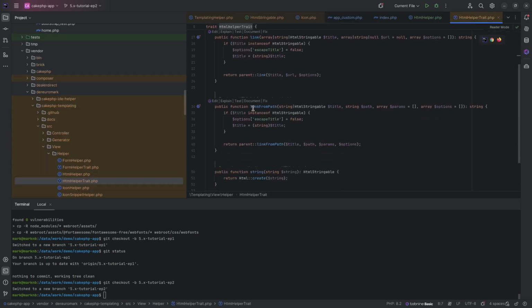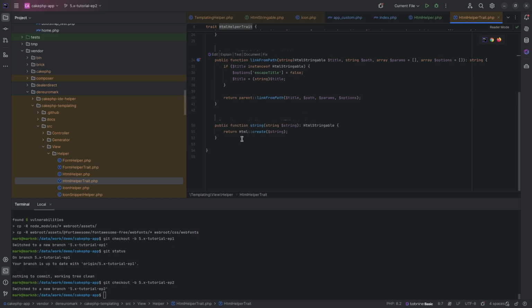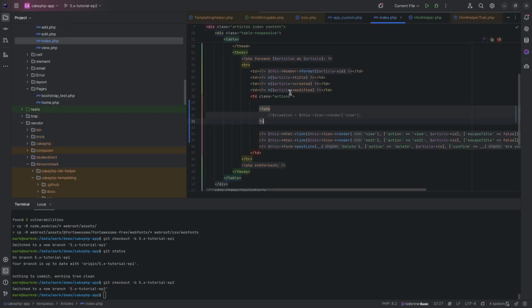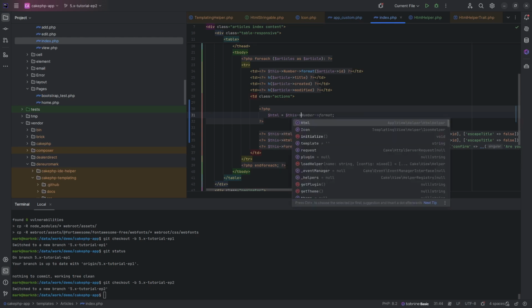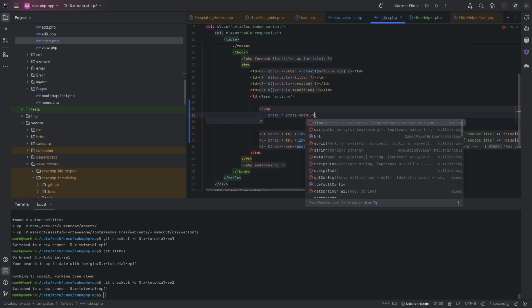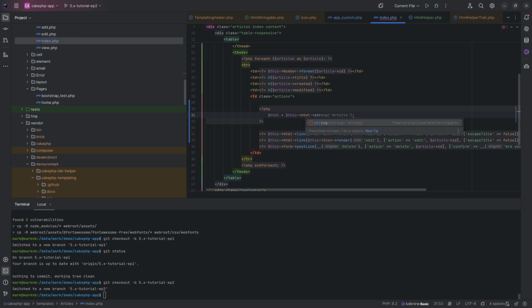It overrides link from path. It also has a nice function now, string, which creates this string we were talking about, this HTML string. So I think that makes much more sense now if we have something like HTML, and we say here this HTML, and because now we have the correct helper annotated, it should have string available here. Yeah, string,